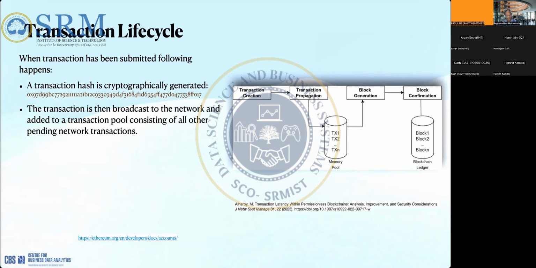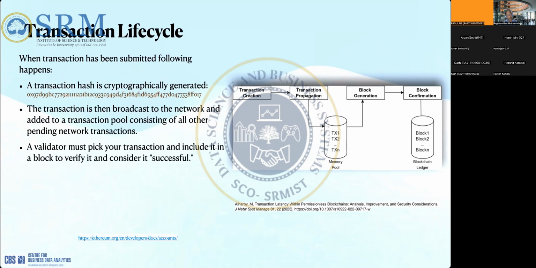All the transactions will be stored, and a node will be chosen to propose a block. What it will do is verify the transactions and make them into a block, and the block will be generated. Remember, we have no competition for block generation here, because the node is picked by the validators or the consortium of validators. So they will generate the block, and before releasing it to the network, it will be finalized and validated by the validators.